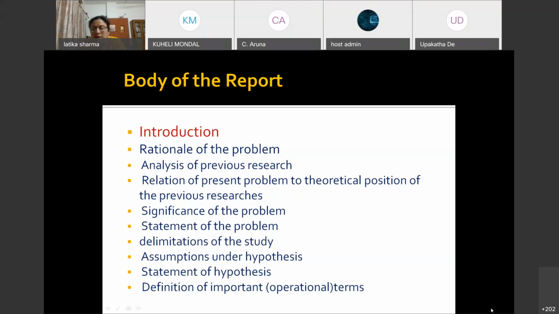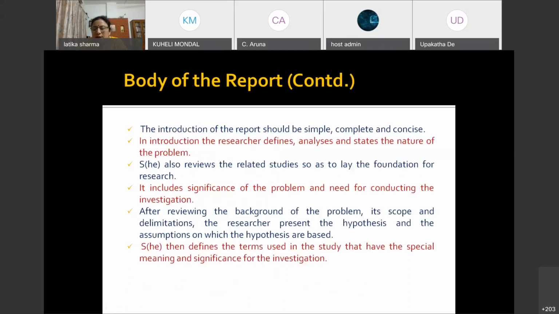And it is followed by the delimitation of the study. That the study is delimited to so-and-so samples, so-and-so tools, or so-and-so era, and so on. Assumptions, I think I missed out one point over here, that objectives of the study have to be listed, assumptions for hypotheses and statement of hypotheses, and then every term in the title of the study has to be clearly defined. If you are assessing certain variables, then the operational terms for those have to be given here. In this slide, I have talked about all that I was mentioning in the previous slide, so I'll skip this. We come to,